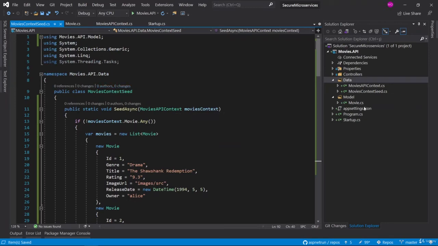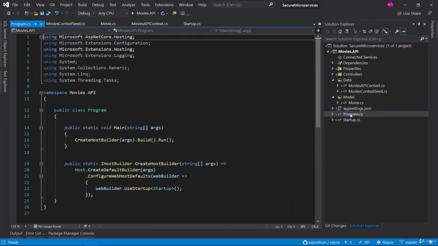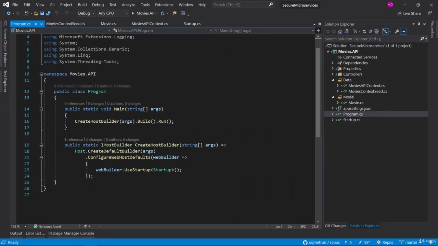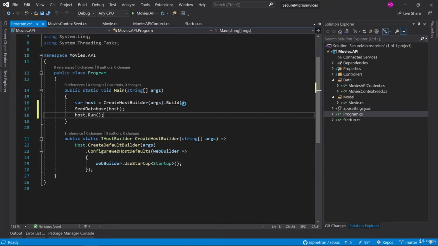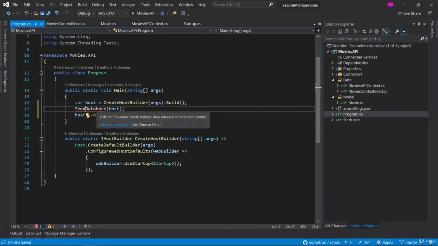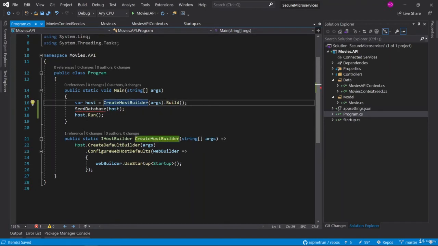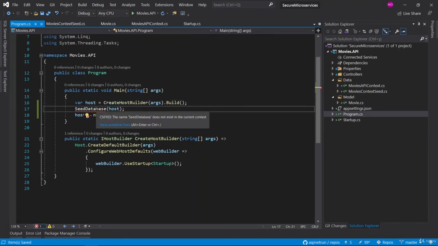For that purpose, we are going to go to Program.cs, and we are going to hook the host run method and seed the database when the application is running in the first place. So first of all, I'm going to change this builder operation. Let me paste in here. As you can see, first of all we are getting the host information, and we are passing it to the seed database method which we are going to implement now. And the last thing, we are running the host after seeding the database.